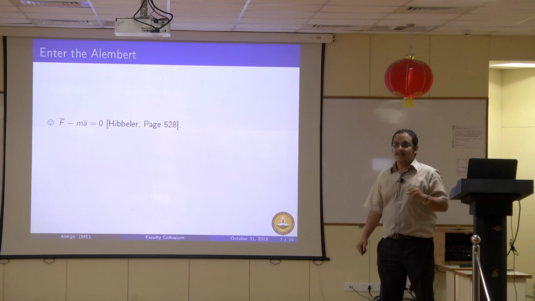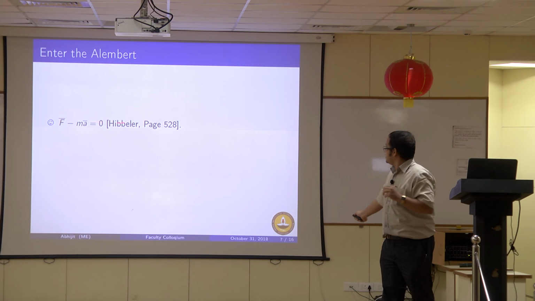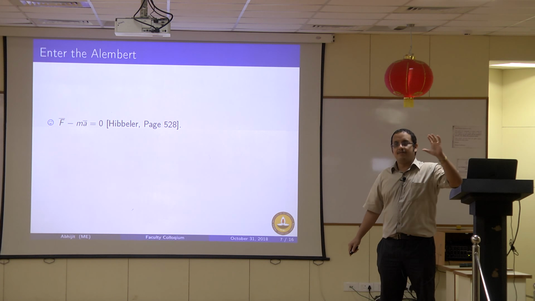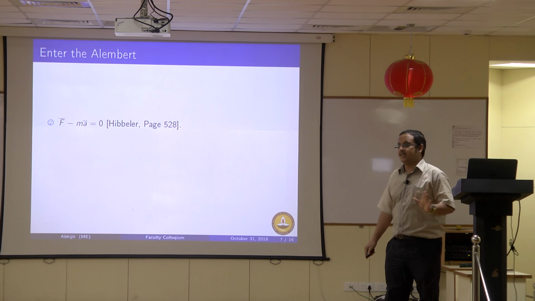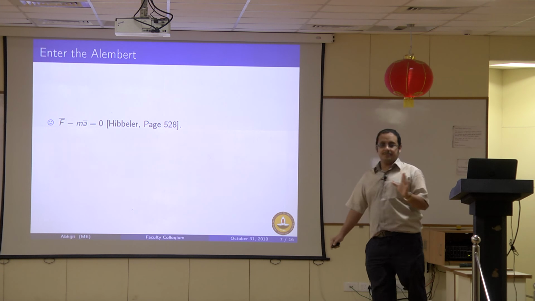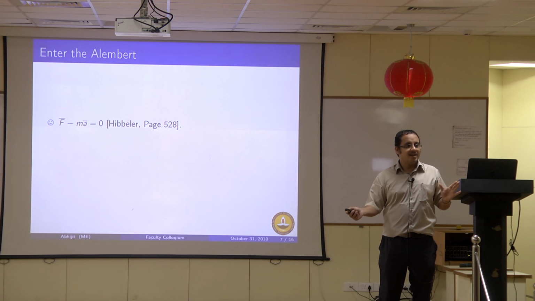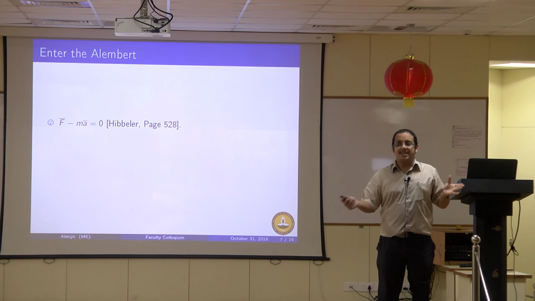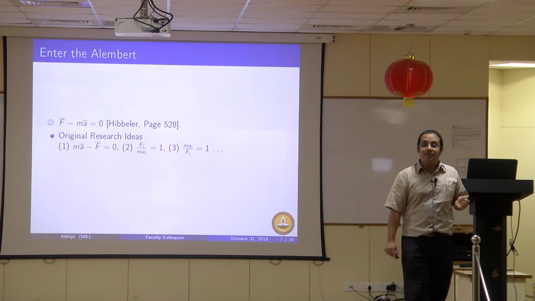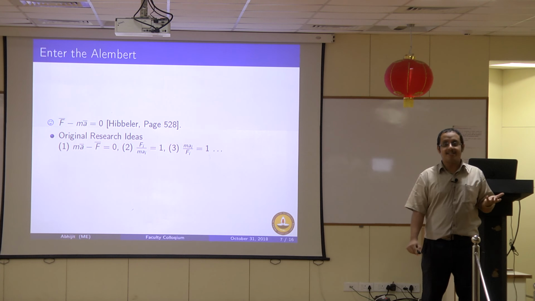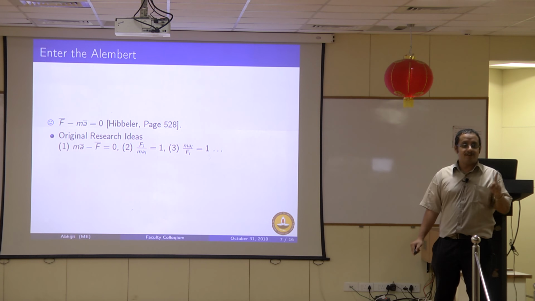Everywhere you see, and this includes this very authoritative book by Euler, it is given in very stark highlights in a box, that D'Alembert's principle is F minus ma equals 0. Newton's law is F equals ma. D'Alembert's law is F minus ma equals 0. What a great idea. So the other research ideas that should follow is ma minus F also equals 0, and that should be a paper.